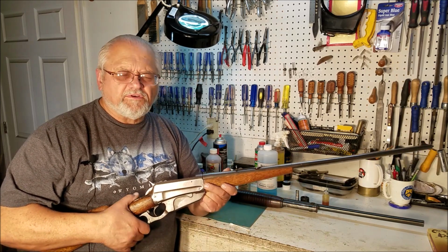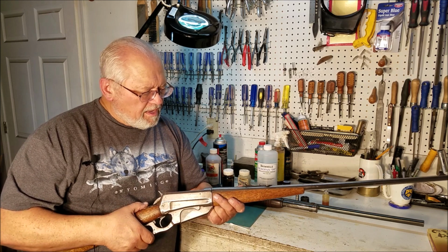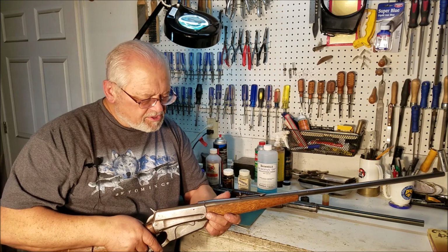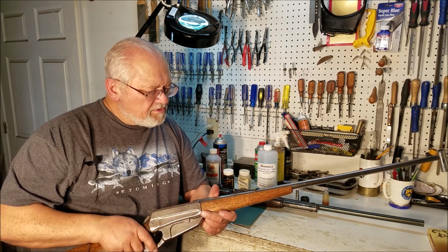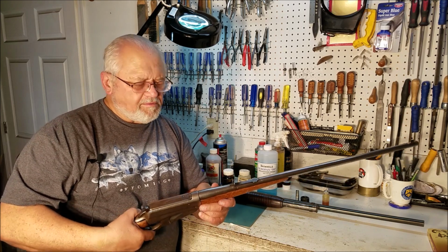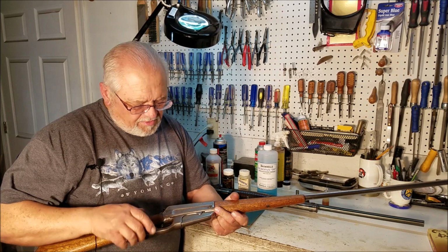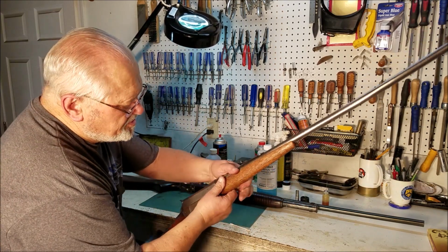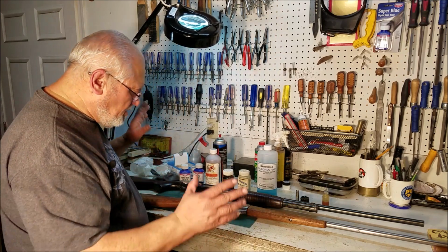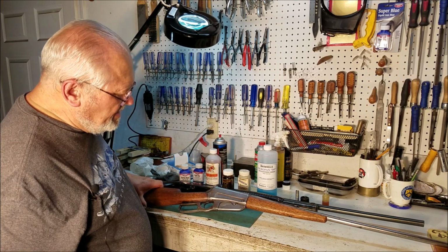The first load I tried, I shot a 1-inch group with it at 50 yards because my eyes won't do 100 yards any longer without a scope. But I shot a 1-inch group with it at 50 yards with the first load I tried. Some 174 grain pulled bullets. They weren't even new. But this gun I will probably look at doing something about refinishing it and maybe even restocking it as time goes by. But right now I just wanted to show you, a gun in the white that's been beat up and used